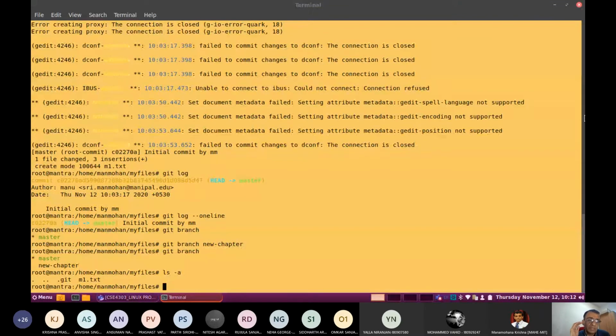Now assume that you have created a new branch, and you want to go to the new branch. So to go to the new branch, the command is git checkout new chapter.